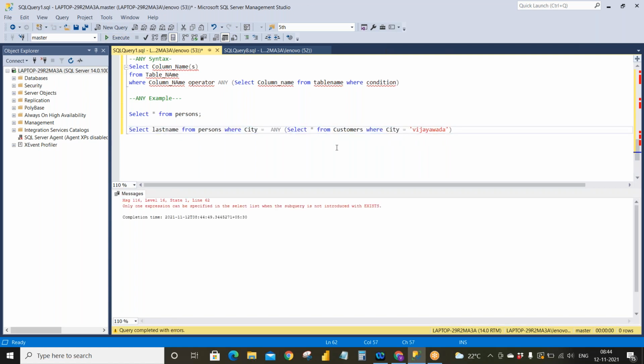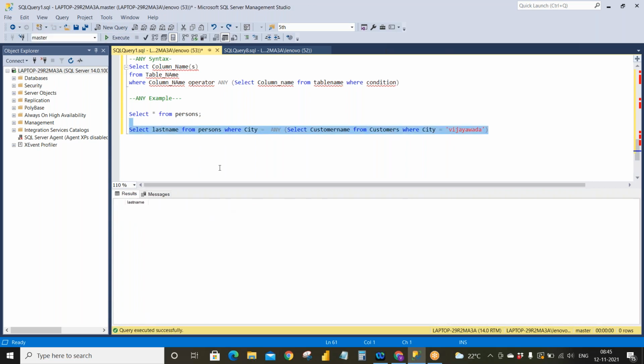Should be column only, but we are not retrieving any data.